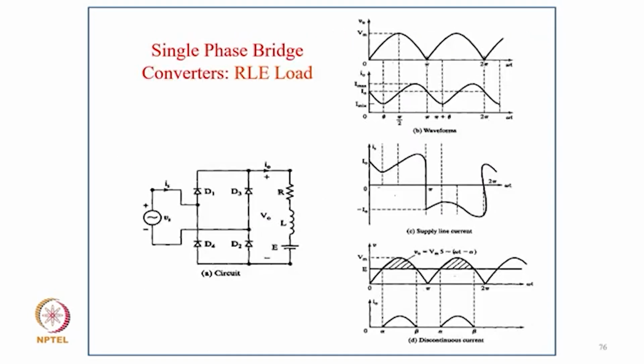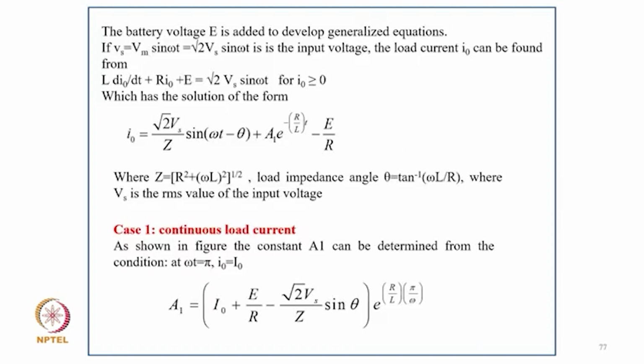So coming to the single phase bridge converter with RLE load, in this case you will find that the voltage appearing causes the current to flow only when your supply voltage is greater than the battery voltage. So the battery voltage E is added to develop the generalized equation. If Vs equal to root 2 Vs sin omega t is the input voltage,